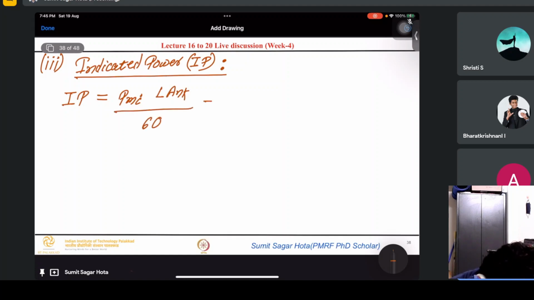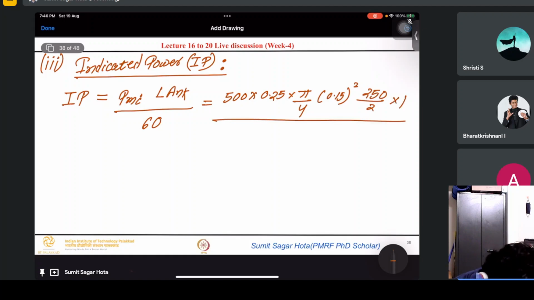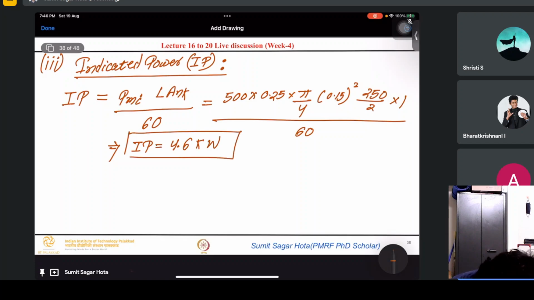Okay, 500, 0.25, pi by 4, 0.15 whole square, 250 by 2 into 1 divided by 60. Okay, then what is the answer? Indicated power is equal to 4.6 kilowatt. Okay,